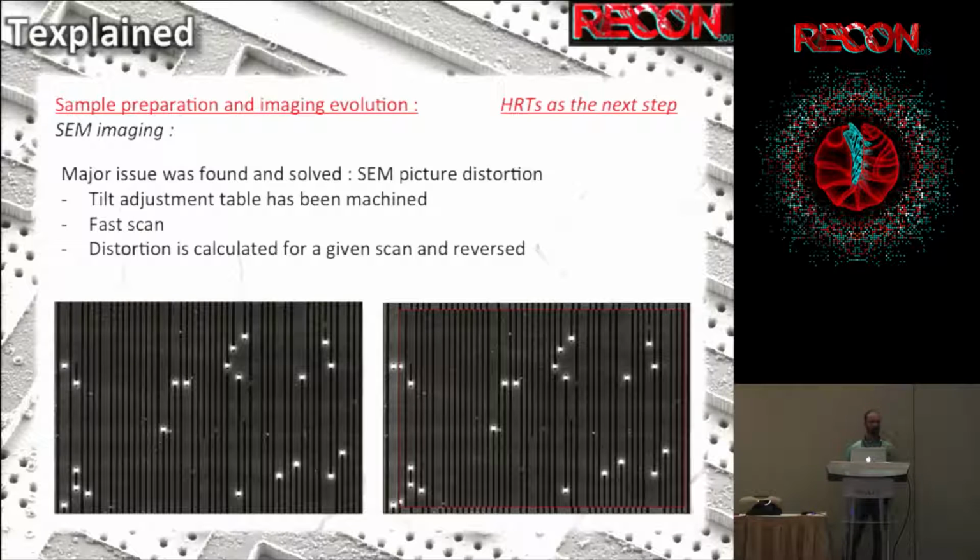The distortion is a problem when you want to put the pictures together, because they will not match. If you have 5,000 pictures, 10,000 pictures, or even more, and you want to put them together, they have to match. So you have no other choice than reversing the transformation and transforming your pictures to be able